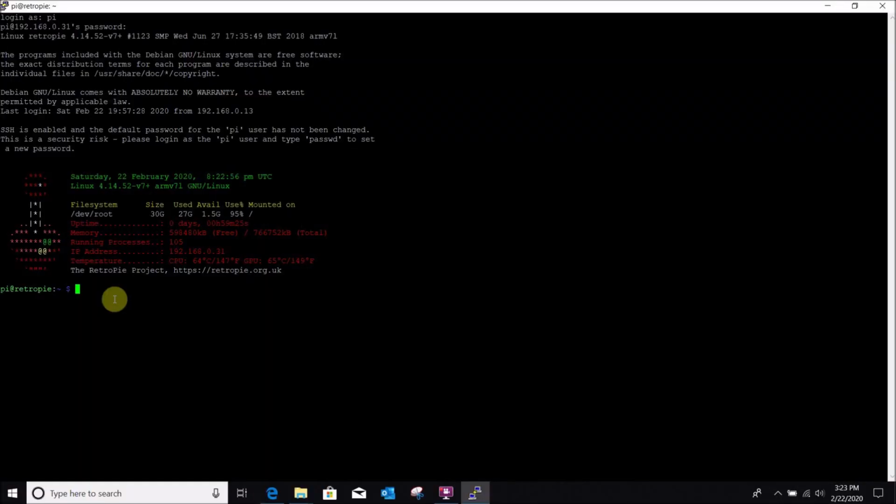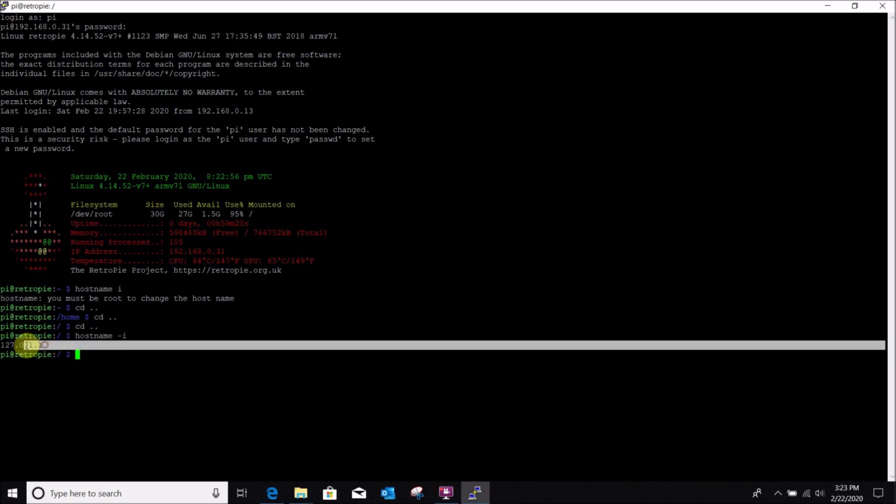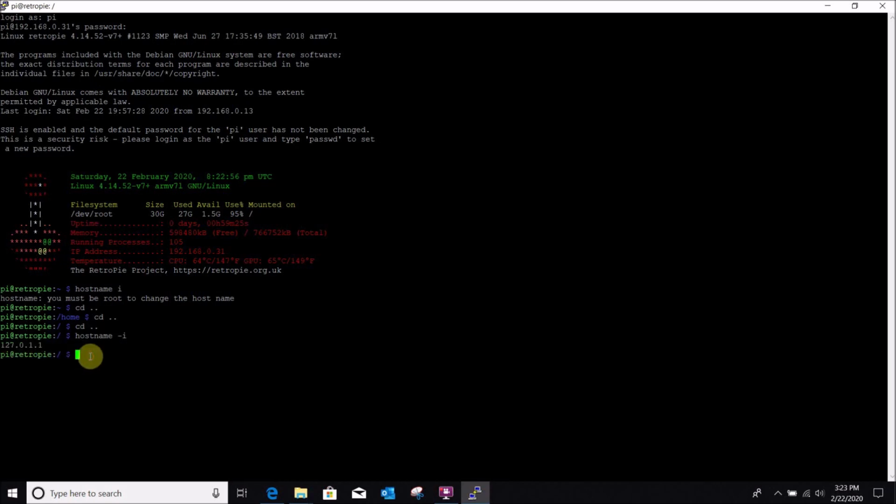Now I'm in here, I'm just going to issue, we'll do some Wi-Fi related commands first, such as hostname -I. Alright, this says 127.0.1.1. That is not correct. But how do you know that, Scott? There's some technical answer to that, but I can tell you that's not the IP address I'm looking for. So if I do ifconfig,